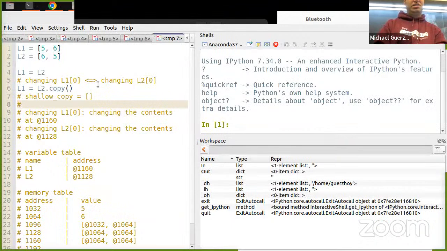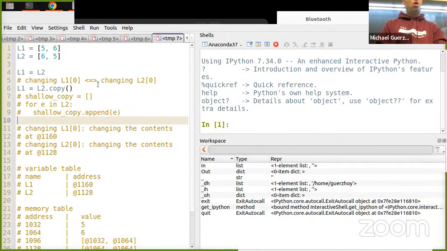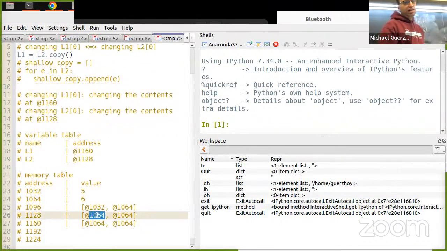Shallow copy is initially empty, and then for E in L2, shallow copy append E. What I'm doing is going through every element of L2 and appending that element to shallow copy. Crucially, I'm not creating a copy of E. I'm just saying it's also going to have this. So basically, I'm copying this address over here. I'm copying 1064 over here, and I'm copying 1064 over here.